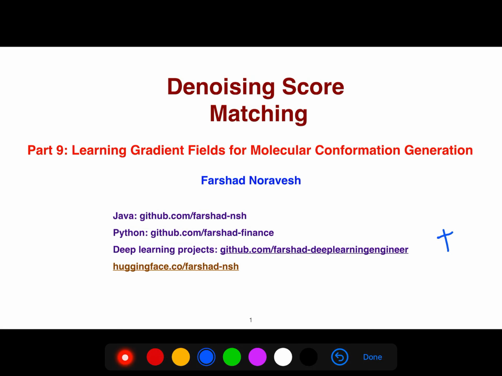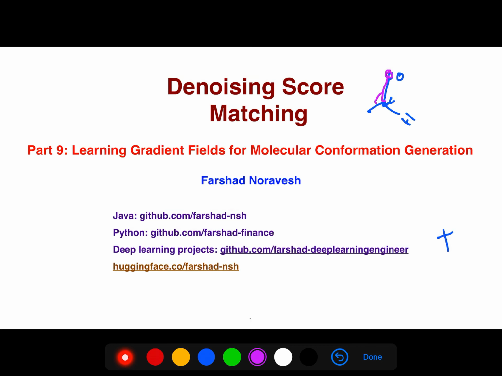Alright, so today I'm going to be explaining this important paper with the title Learning Gradient Fields for Molecular Conformation Generation. In conformation generation of a molecule, you don't change the topology of the molecule. For example, this carbon, oxygen, hydrogen. You don't change the topology, but only the angles and the distances between them